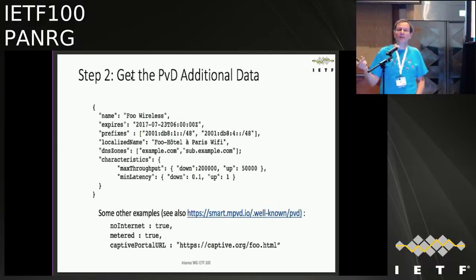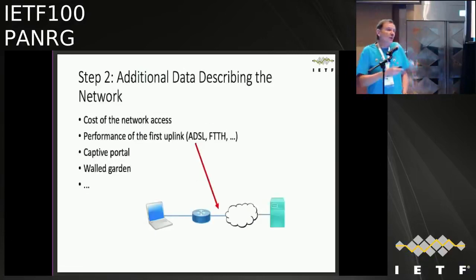If you have an IoT device that needs to upload its results somewhere, obviously it cannot traverse a normal captive portal. So there's no point in trying to use this address. Is it metered? Yes or no? Meaning, is it free or not? Okay, and a few things like this. So this could be an opportunity as well for this working group, my research group, sorry, to propose information to be put there. And we will be all ears, of course.